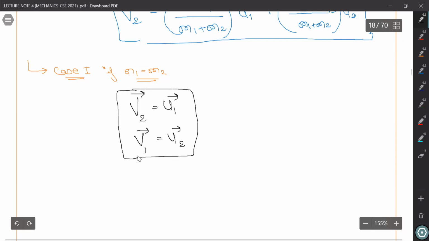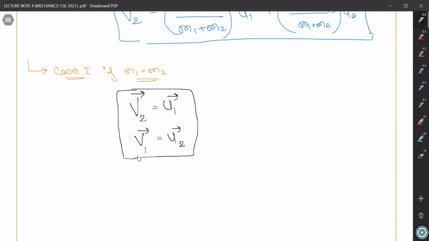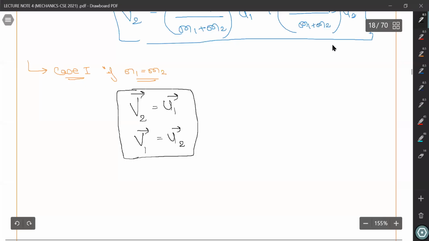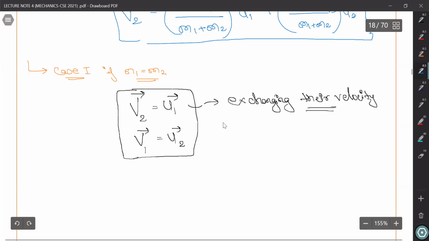What does it mean? What they are doing is exchanging their velocity, right? They're exchanging their velocity. So also in the case of moderators,